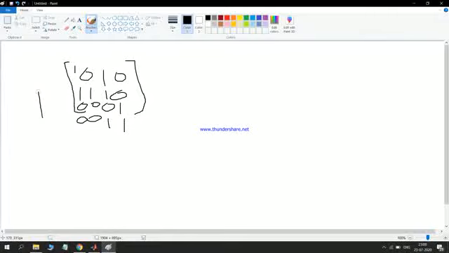So these are the I matrix, and apart from this matrix we have another matrix which we call as mask. So suppose our mask is 1 1 1 and 1. These are the mask.